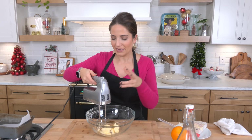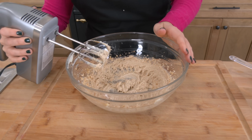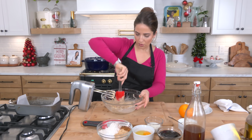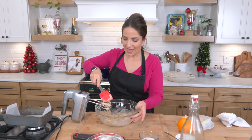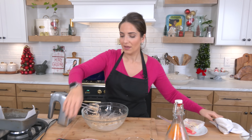Go ahead and combine the butter and the sugar until it's nice and combined and fluffy. I'm gonna go ahead and scrape the sides of the bowl, and now I'm going to add the eggs, vanilla, and some orange zest. Now I know orange zest is not something most people use in their gingerbread, but I